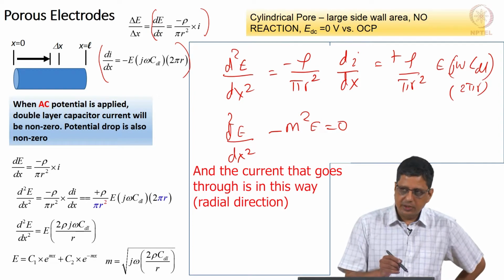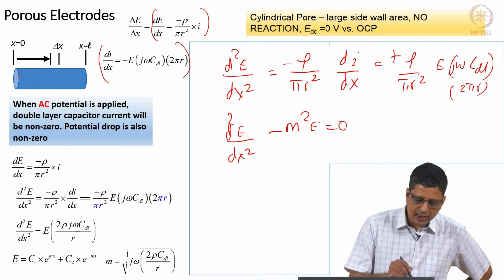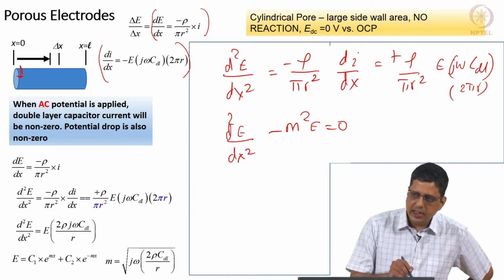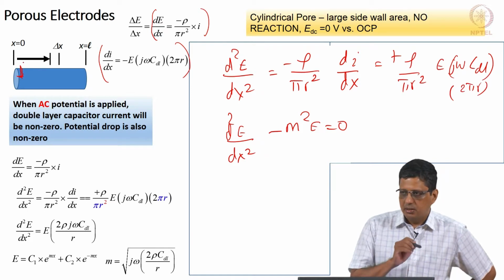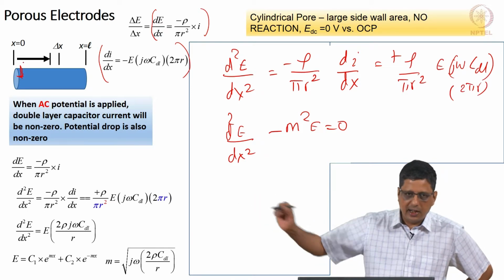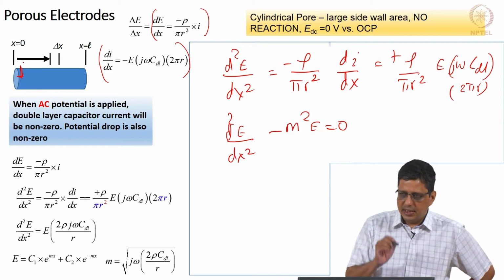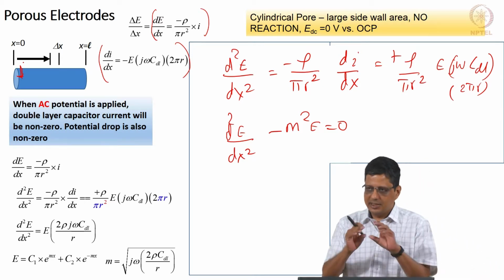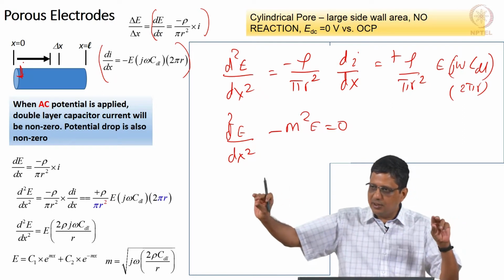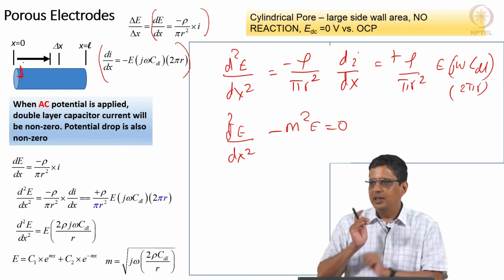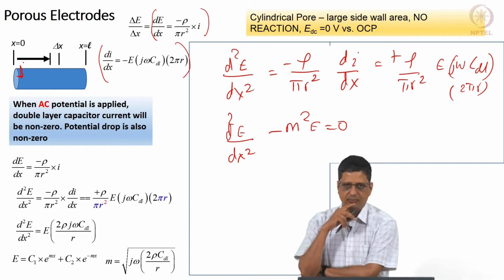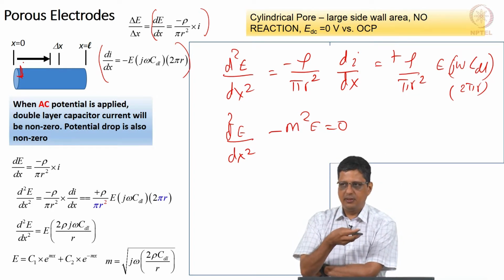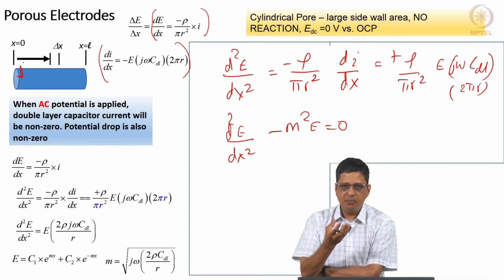One assumption we make is that the potential at the center and the potential along the radius are all the same. Potential decreases as you go along the length of the pore. It does not decrease as you go from the center to the edge of the pore. That is another way of saying the length is a lot longer compared to the diameter of the pore. We will see numbers a little later to indicate what is meant by a lot longer.